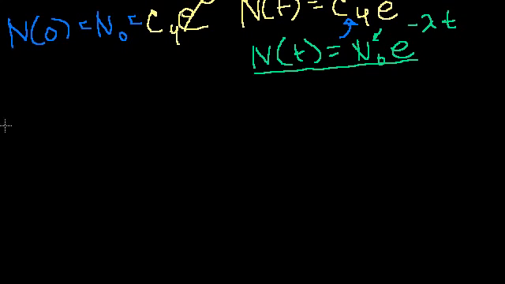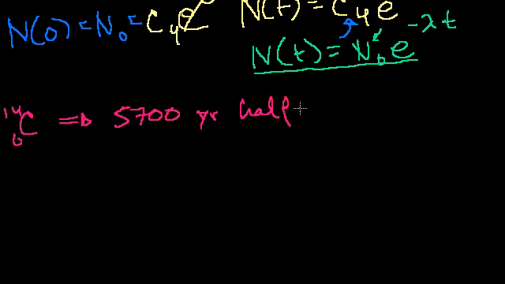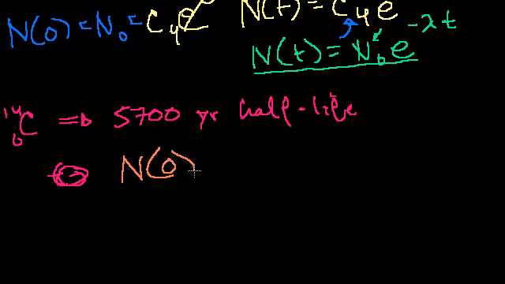We know that carbon, C14, has a 5,700 year half-life. So the way you could think about it is, if at time equals 0, n of 0 is equal to, and we could write 100 there if we want. Actually, why don't we do that? If n of 0, we start off with 100. And then at n of